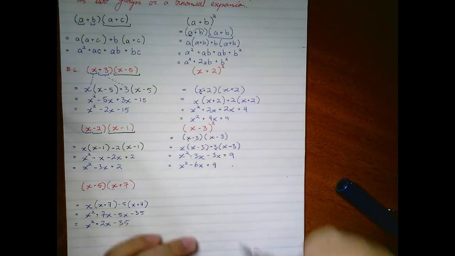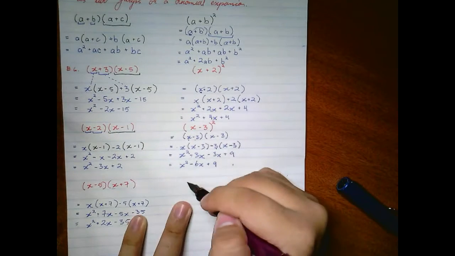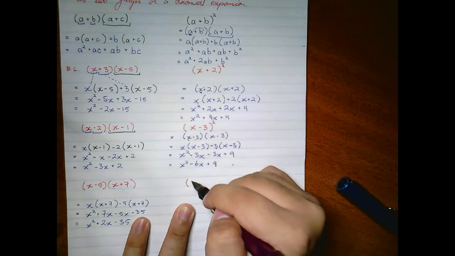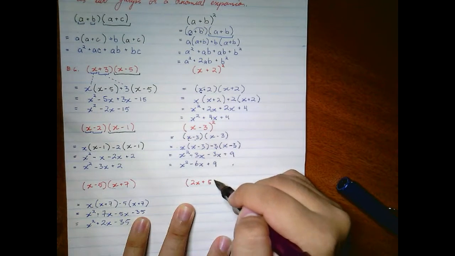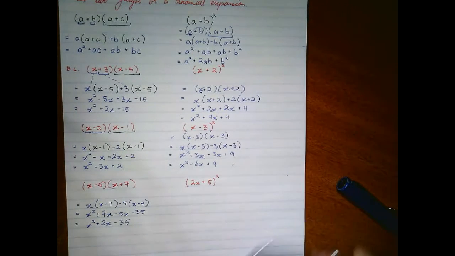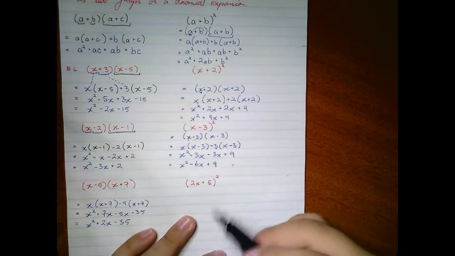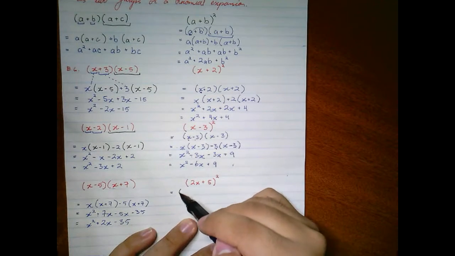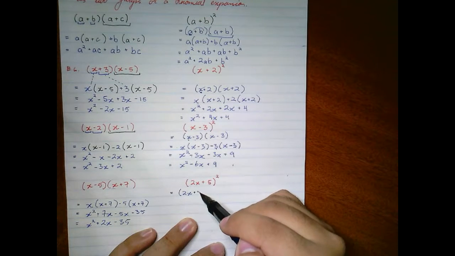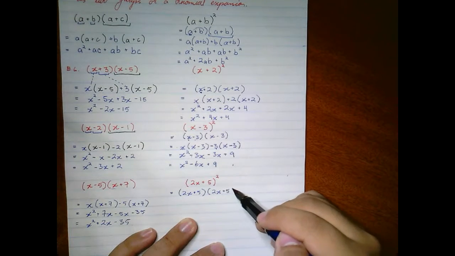Now we'll do one last one, and we'll go straight into a little curveball. If I make it 2x plus 5 squared. Now, it may seem a little difficult, but we go straight into the exact same thing. 2 of the same group, 2x plus 5, same group again, 2x plus 5,